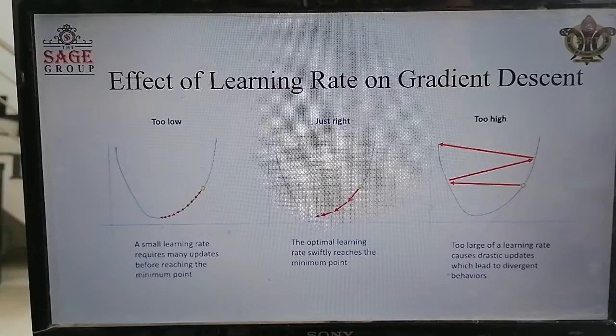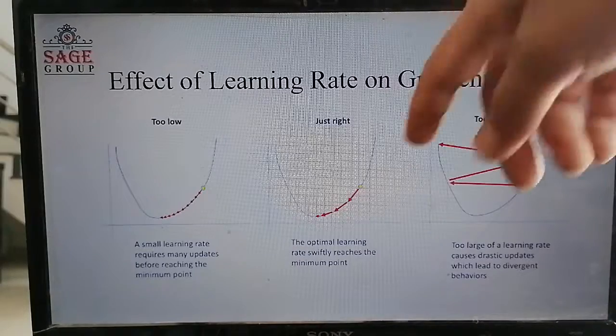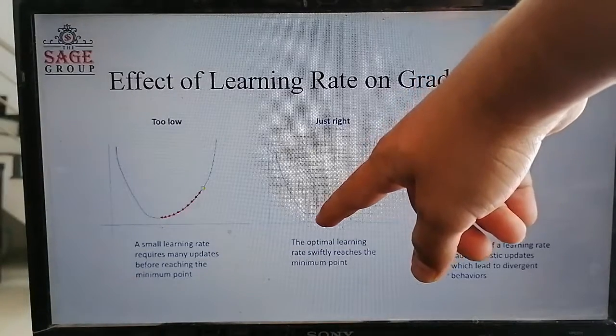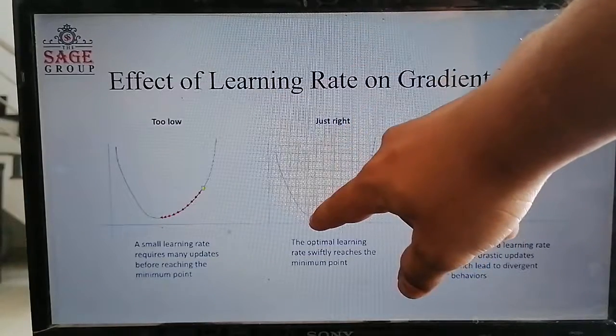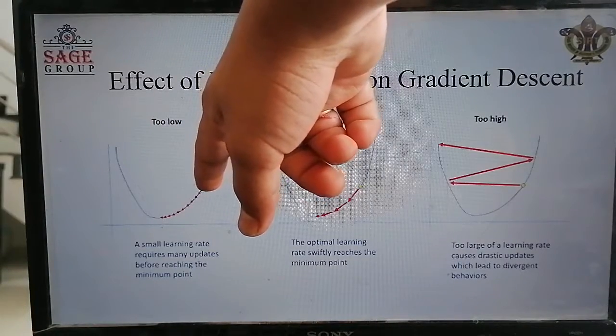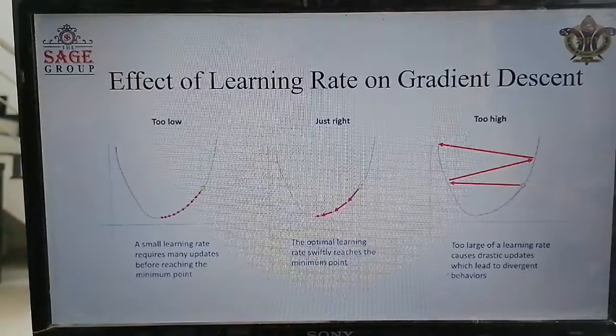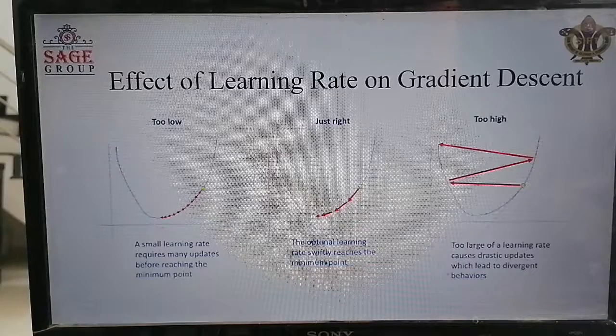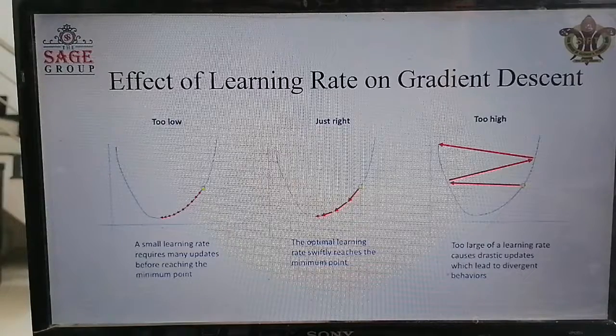So what we do is take a learning rate and multiply the gradient with a small value. In this case the model will converge slowly and iteratively, and at the end the model will converge. And if we take a very small value of the learning rate, the model will definitely converge, but it will take a very large number of iterations, which makes it a time-consuming process.